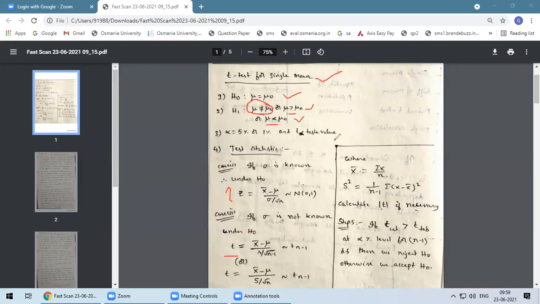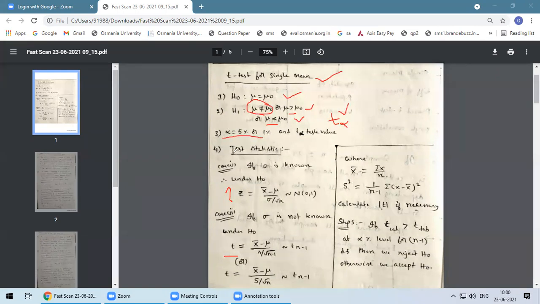Okay. Step number 3 is also the same. Only difference is in place of Z, you will get T. Now, because you are using T test, you are getting T alpha as the table value. That is the only difference. In large samples, you will get only Z alpha as the table value. But in small samples, based on the test, you will consider the table value. So alpha generally takes 5% or 1%, and T alpha is the table value. I will tell you how to see these table values later on when we discuss problems.